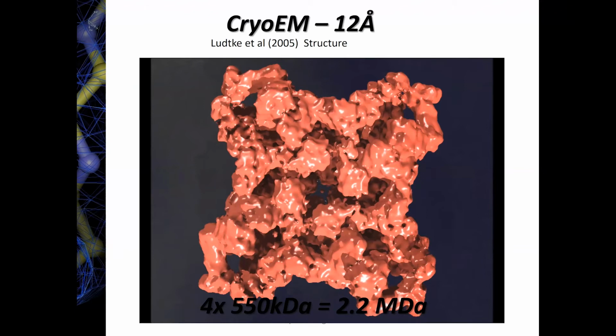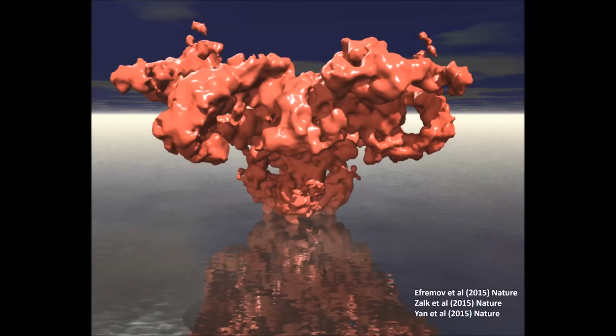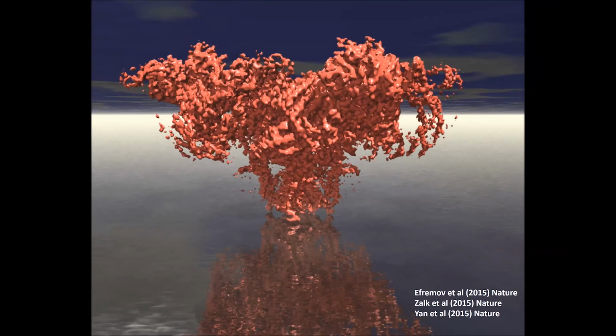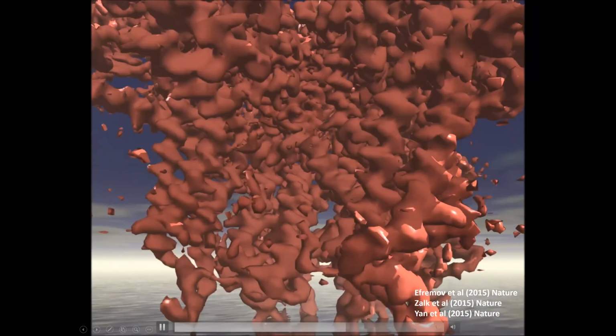Now, at that time, before major developments in cryo-EM, we were actually trying to peer into the details of this protein by solving crystal structures of various bits and pieces. And so this here shows an overview of various crystal structures available that are shown by different colors. And we could dock these into the cryo-EM maps. But of course, technology has changed a lot, and there is now a very good cryo-EM available. And so essentially since early 2015, a couple of high resolution cryo-EM structures were published back to back, and allows us to really look at RyRs in a lot more detail.